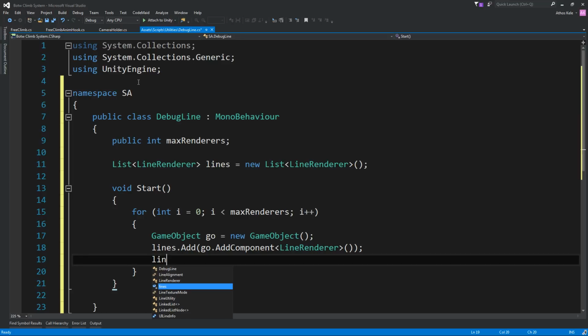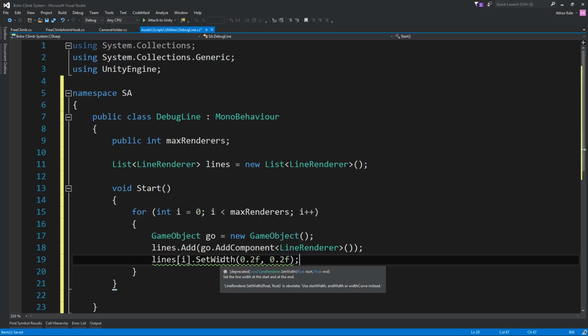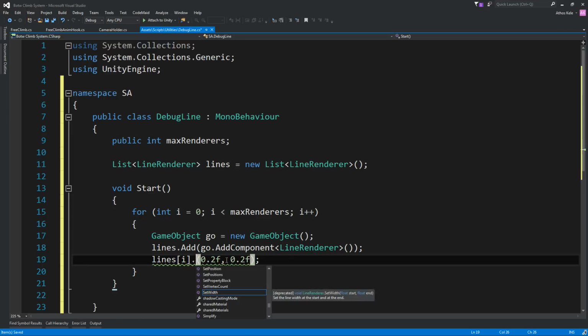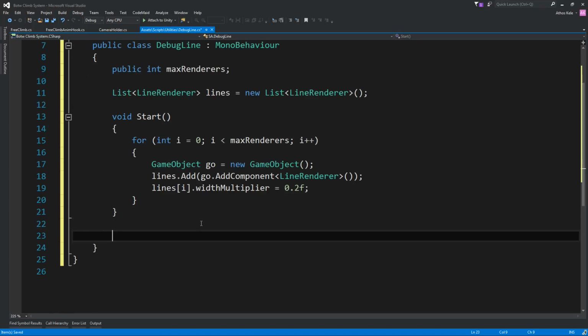Okay, then you can also say lines, I think the width, set width, maybe 0.2 and 0.2. Oh, it's deprecated, so let's see, that's a curve. Okay, and then let's make this also into a singleton.